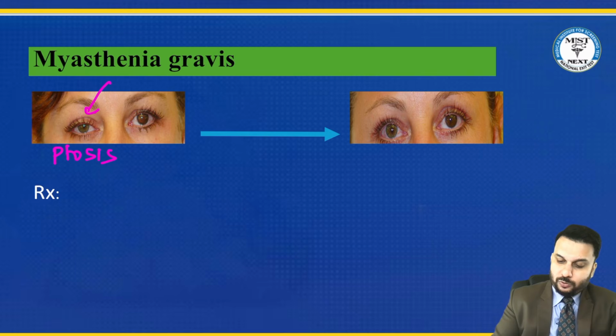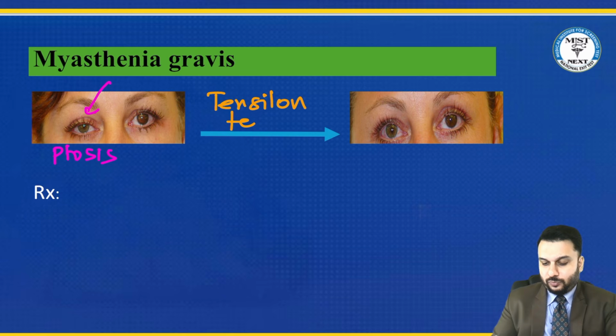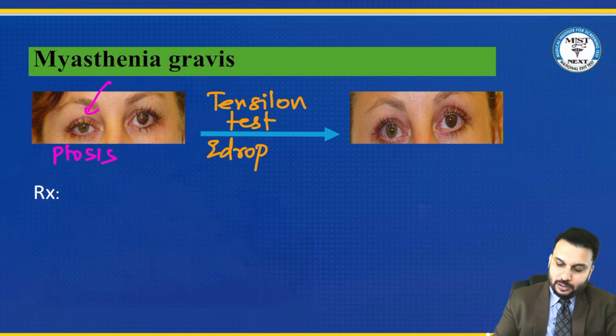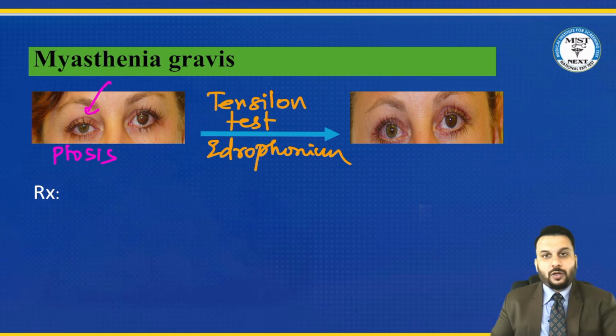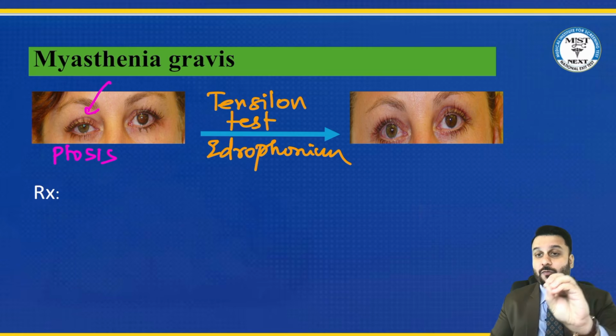And for this, we do this diagnostic test, which is given a name called tensilon test, and the drug to be used here is called edrophonium. Edrophonium is a short-acting drug that we use in the diagnosis of myasthenia gravis. Now, please don't confuse. There are many other tests that you must have learned in your internal medicine, ice pack test, EMG, etc. So I'm not saying this is the best test or anything like that. I am just saying one of the tests from the myasthenia topic is tensilon test.